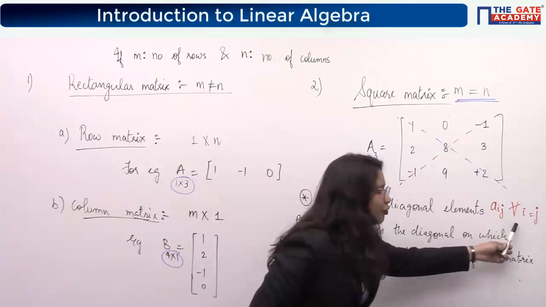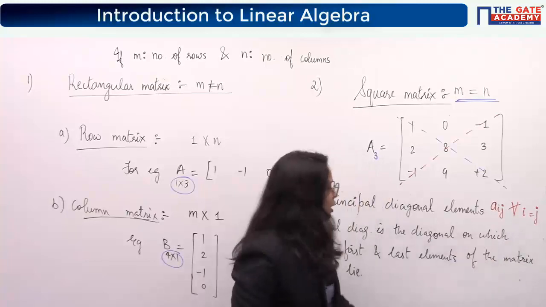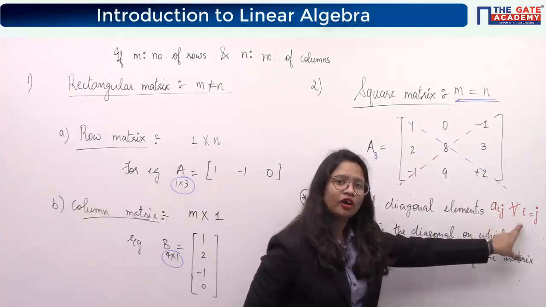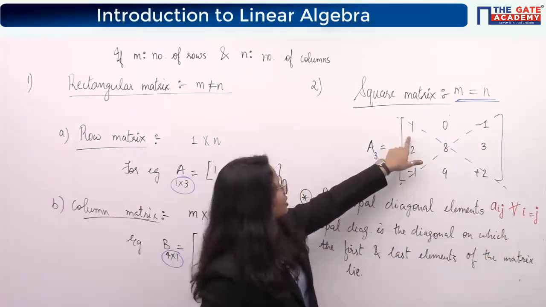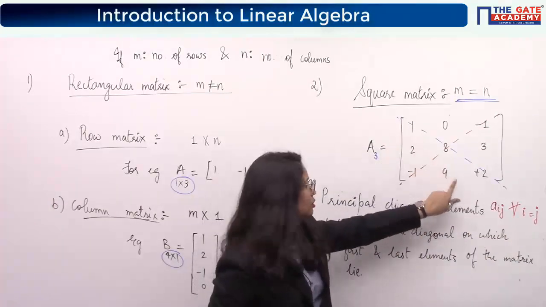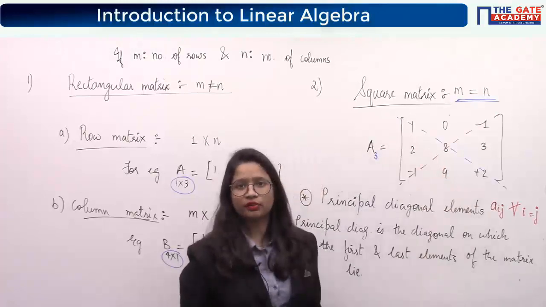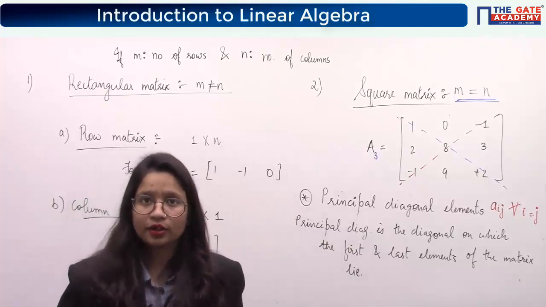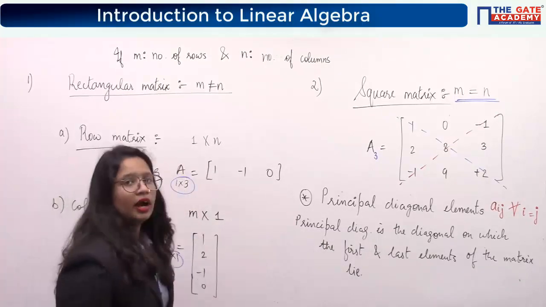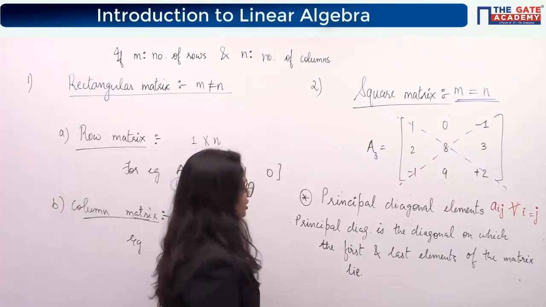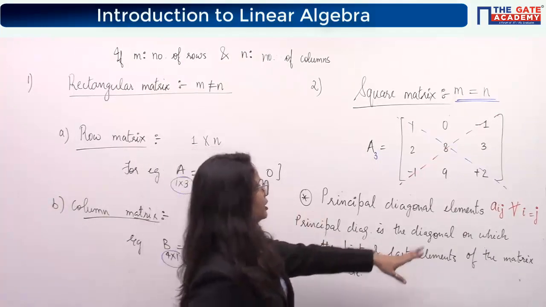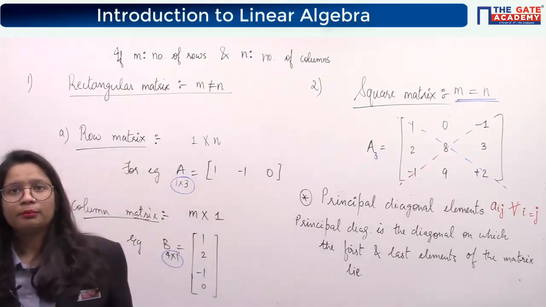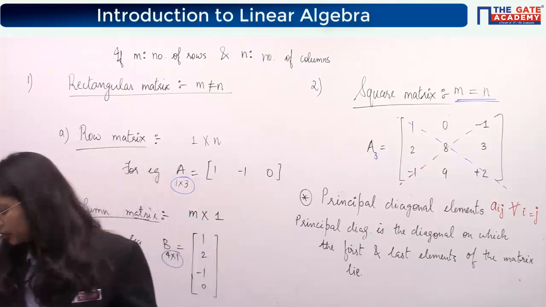This sign denotes "for which". Please write it down, for which. So principal diagonal elements are all those Aij for which i equal to j. You can see that this is A11, A22, A33. So all those elements for which i will be equal to j, those will be known as your principal diagonal elements. For our example, yes, Lokesh has answered. Principal diagonal elements will be 1, 8 and 2. 1, 8 and 2 are your principal diagonal elements. Any doubt in these terms?